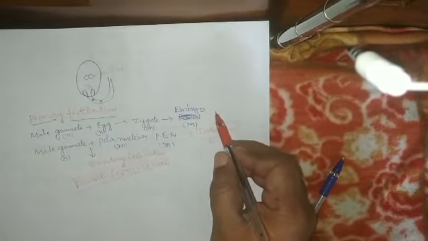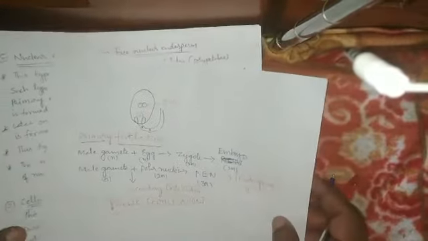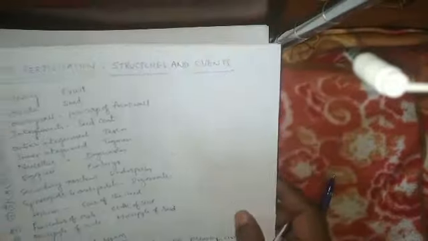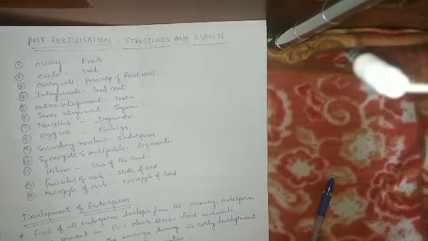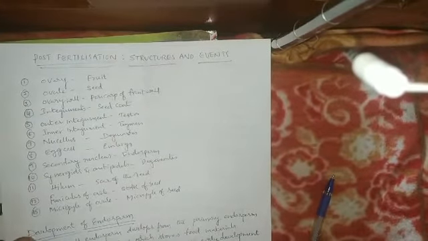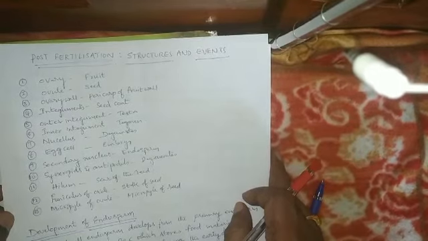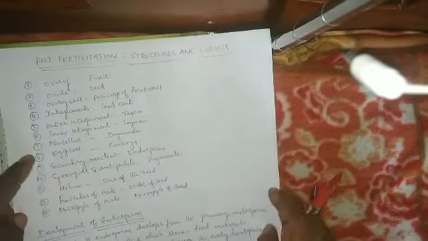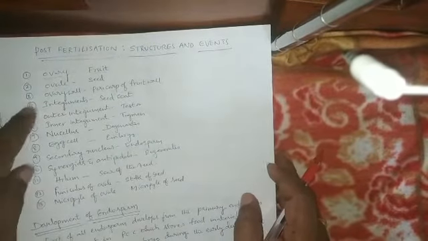In this topic, we are going to learn about the different types of endosperm and how they are formed. Before that, let us see some structures after the fertilization. After the fertilization, how are the parts of the flower converted and modified? Let us see those. First, the ovary is modified as a fruit. The entire ovary after the fertilization is modified as a fruit.